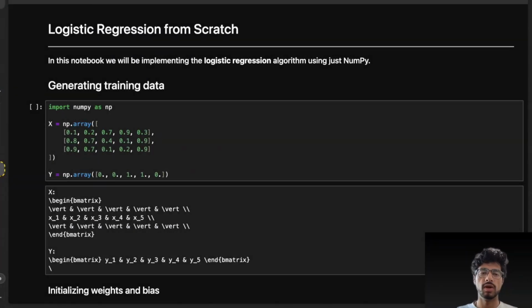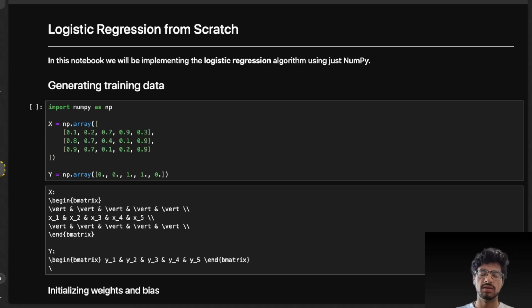Hi everyone. Today we're going to be learning about logistic regression. We're going to be doing this by implementing it from scratch using just NumPy. Now, the goal of this lesson is to understand how logistic regression works at a core level and code it up. We're not focused on the more advanced aspects of it, such as regularization, and we're not even going to be using a learning rate as such because our focus is just on the bare bones implementation of logistic